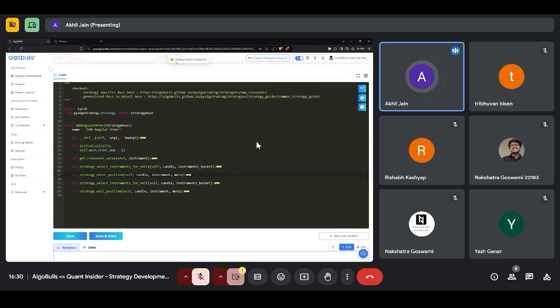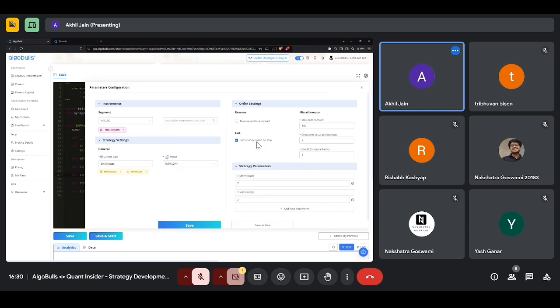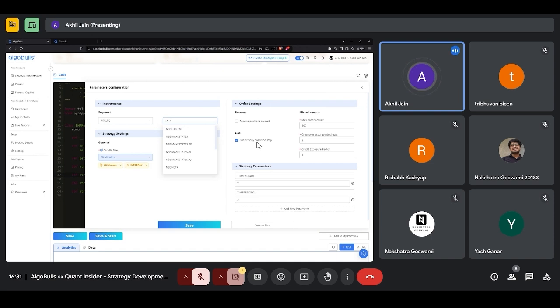Okay. So the strategy has been saved successfully. Now this strategy is my own particular copy, and it is not the template which I was displaying earlier. Now, if I go back to this, I see that I can change each of these values. The first value I can change, let's say, I want it to be equity, yes, but let's say I want Tata Power or something. Let's see what it shows for Tata Power.